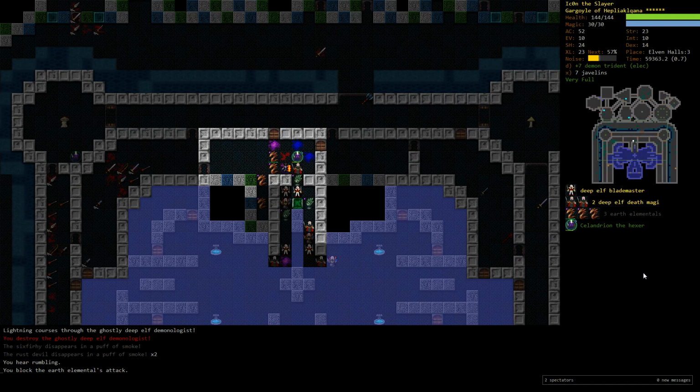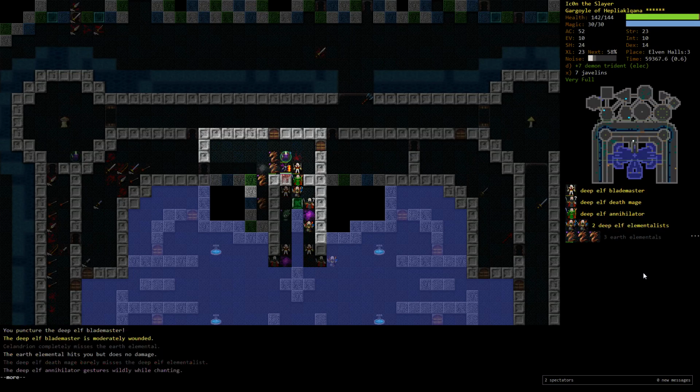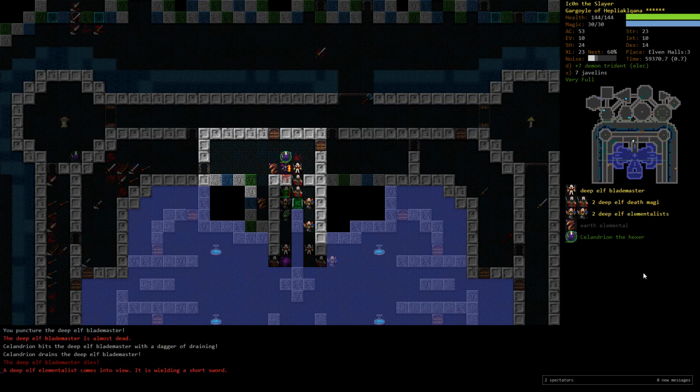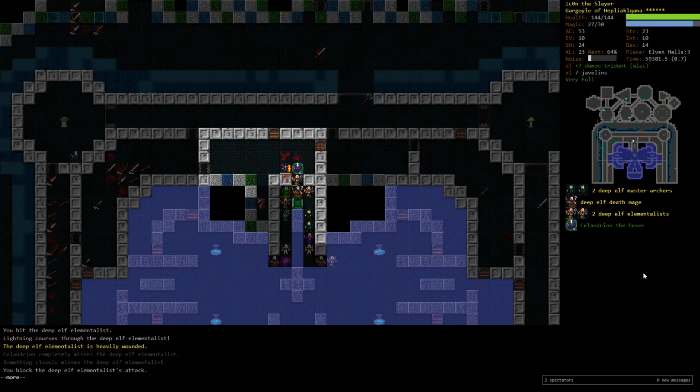We're facing two Death Magi and a Blade Master. What kind of rapiers is he wielding? Just normal rapiers. That's actually really lucky. These guys are getting more and more dangerous the better their equipment gets. So let's check. I'm really lucky so far. These two Blade Masters are only wielding regular weapons, so I can pretty much ignore them and focus on the more dangerous elves first. So I'm gonna idealize here again, because I want to keep Celandrion alive as long as possible,